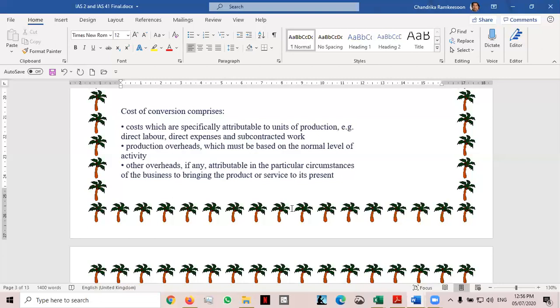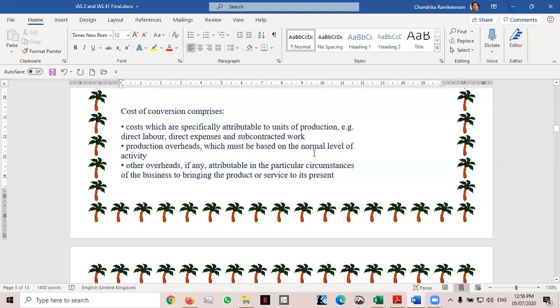Now, you would also have been told that absorption costing, whilst not necessarily the preferred method for management accounting purposes, is the preferred method for financial accounting purposes. In fact, marginal costing should not be used and cannot, according to the standard, be used for financial accounting purposes. The reason being that marginal costing does not include fixed production overheads in inventories. And here you were told production overheads, and this means both fixed and variable, must be based on the